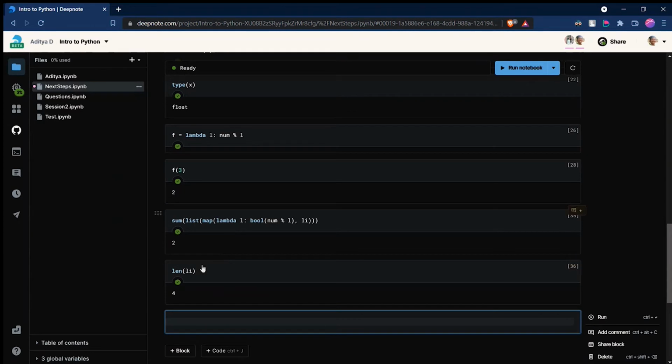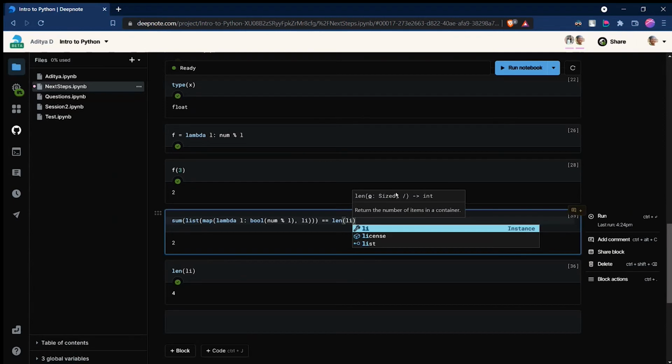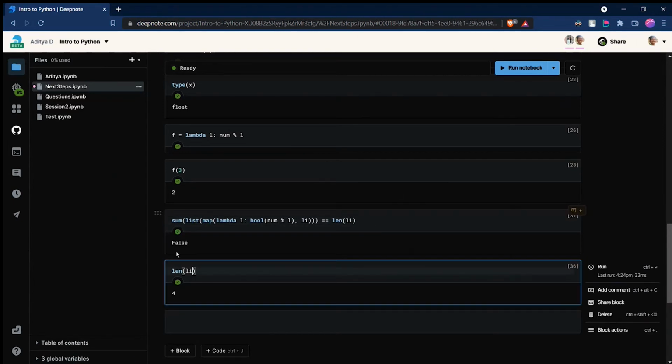If these both are equal, we know that our specific number is prime. So let's say double equal to length of Li, which is false.